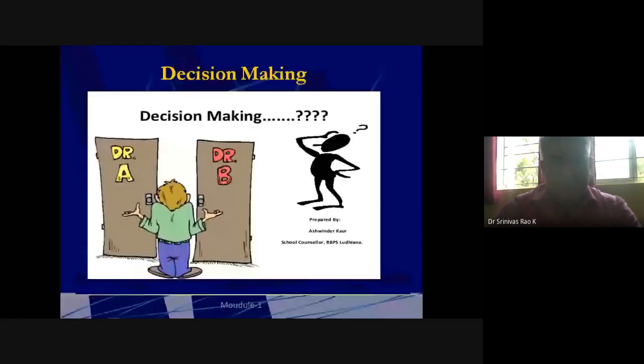Decision making. Now, decision making is a very, very important aspect of an engineer or a manager, because if you can't take a decision, then you are not telling your subordinates what to do and how to do it. You cannot leave the decision to be taken by your subordinates. Otherwise team A will come and tell you I will go this way, and team B will tell you I will go that way.